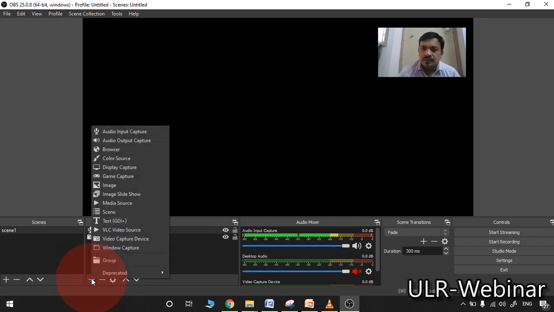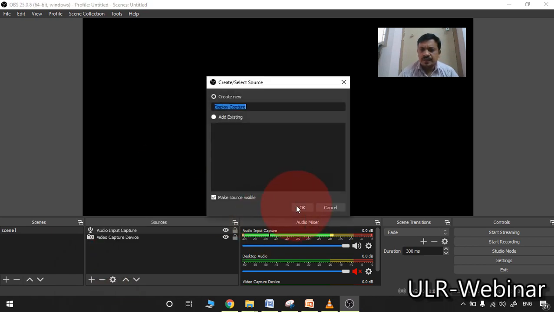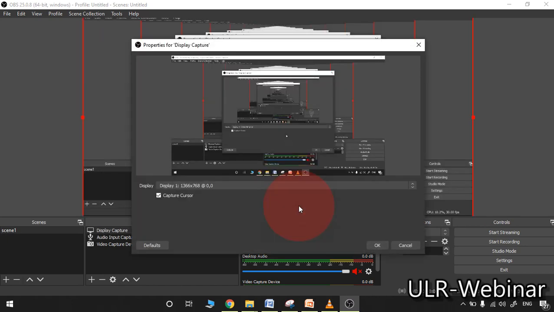Once again I am clicking the plus symbol in the sources. I am selecting display capture.